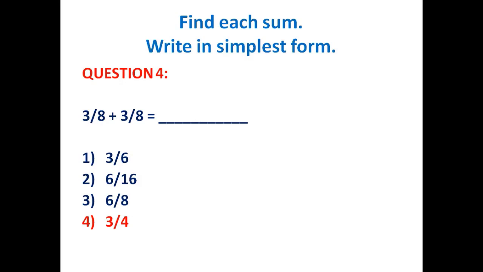When you will add the given numbers, you will get 6 upon 8. Both are in the table of 2. You will divide numerator and denominator by 2. You will get 3 upon 4. The last option, 4, that is 3 upon 4, is the correct answer for the above question number 4. Number 5,